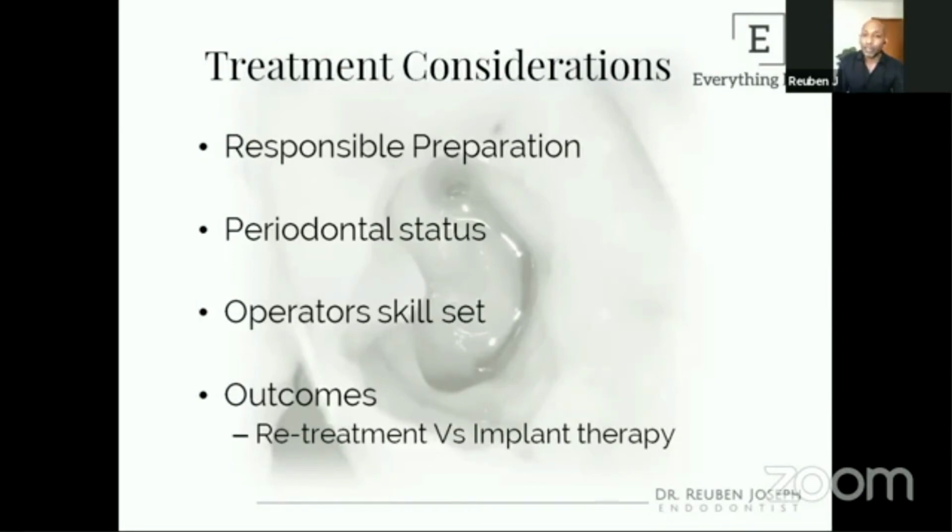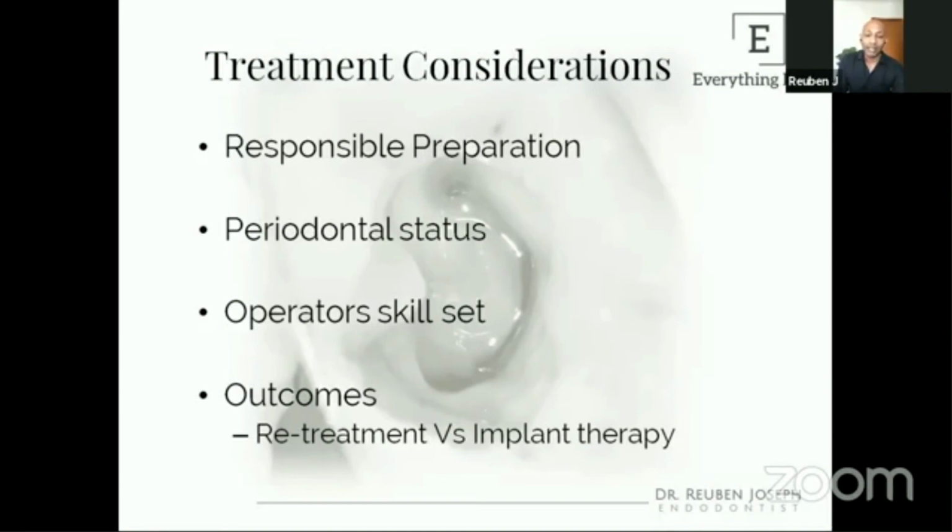And the next most important thing I would evaluate in a tooth I treat in terms of a C-shaped anatomy would be the periodontal status. Is the tooth going to be stable enough? Will the tooth offer the patients some amount of life? The next thing is, where do I stand in terms of my skill set? In case I'm a beginner, or let's just say I'm a general practitioner who's not that great with my endo, I would definitely say it is something that has to be handled only by a specialist. Otherwise, it's going to be purely something like Russian roulette technique where you're going to bank purely on luck for the tooth to be fine.